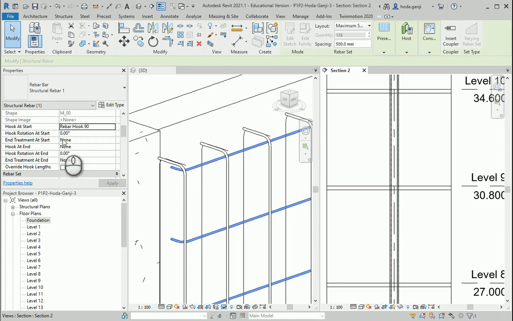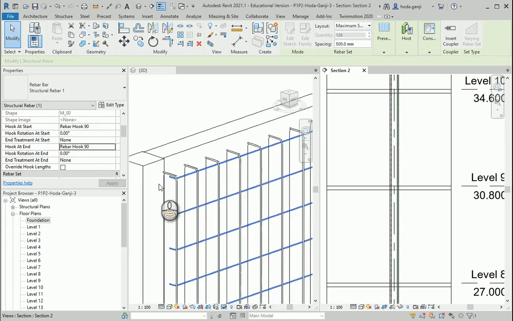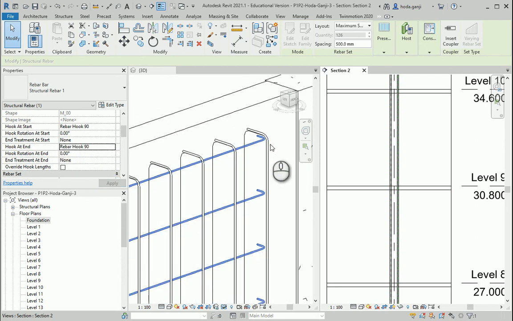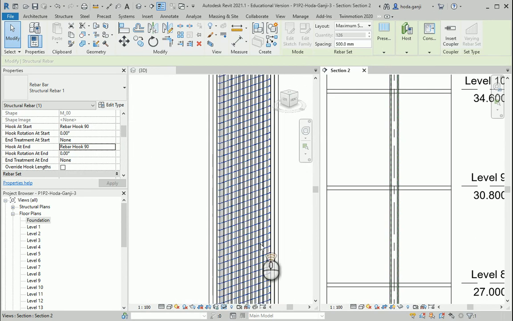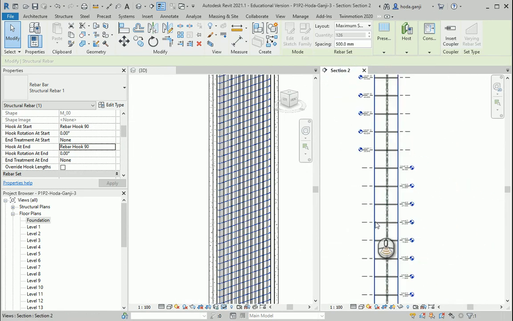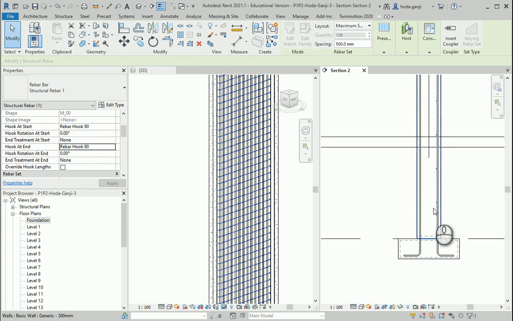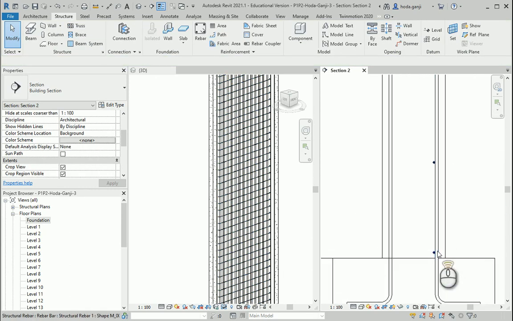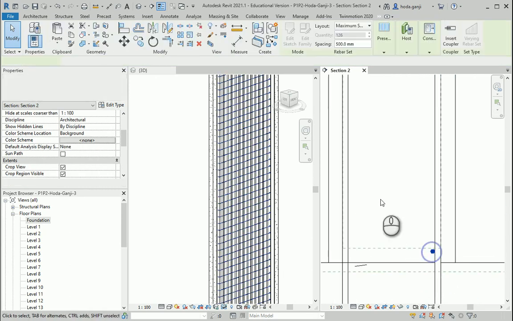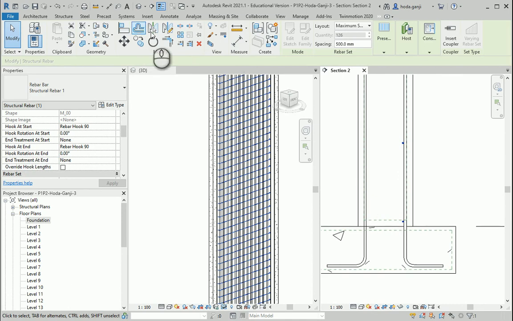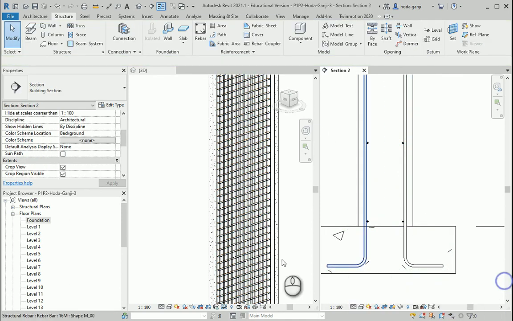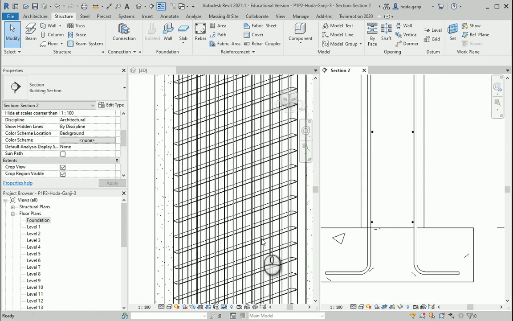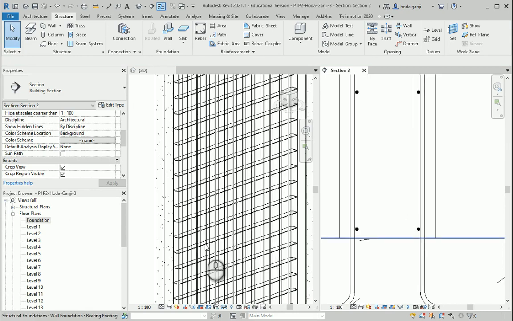And I can do the same for the end. It's gonna be 90 degrees over there as well. So this seems good. And finally, I want to go here. I want to select this set of rebars that we have, and I want to mirror them. So it's going to be on the two sides of the wall. It's going to follow with the same constraints on the other side, so that should be good.